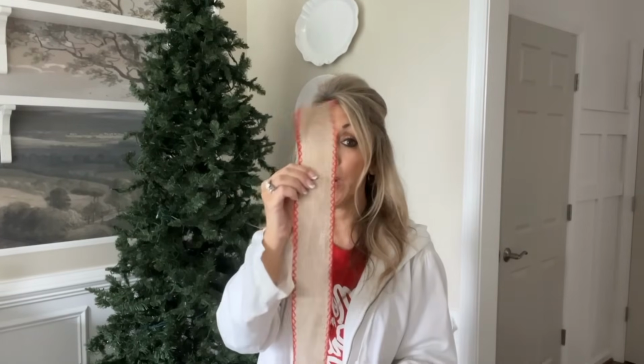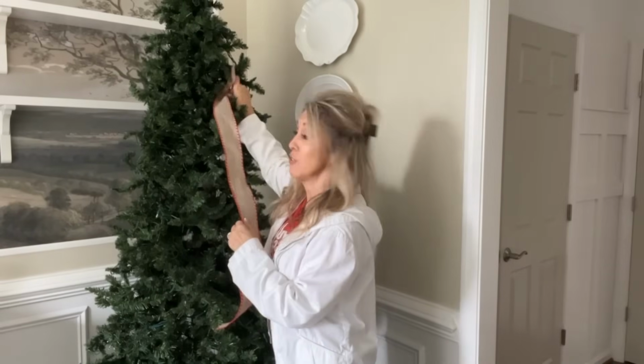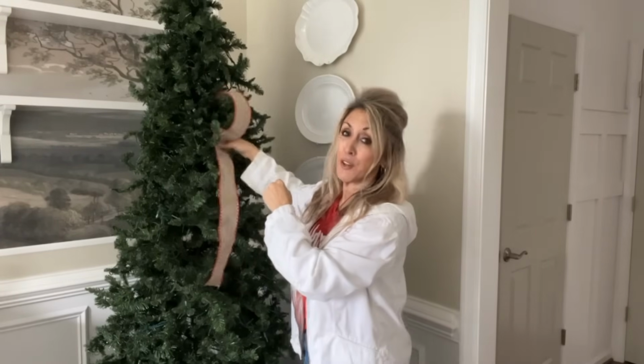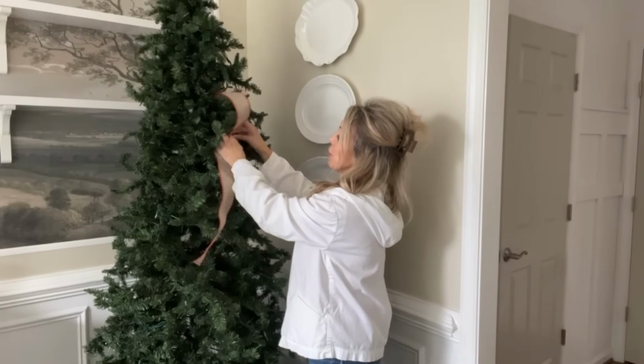When it comes to adding ribbon to your tree, there are so many different ways to add it. I do have a couple of go-tos that I'll share with you today, whether you're adding one ribbon, two, or three. Now let's say you are adding one ribbon, especially if it's a wider ribbon. What I like to do is I will just tuck it into the tree, going all the way to the back, come out, make a little bit of a loop, reach it back into the tree, add it around a branch,